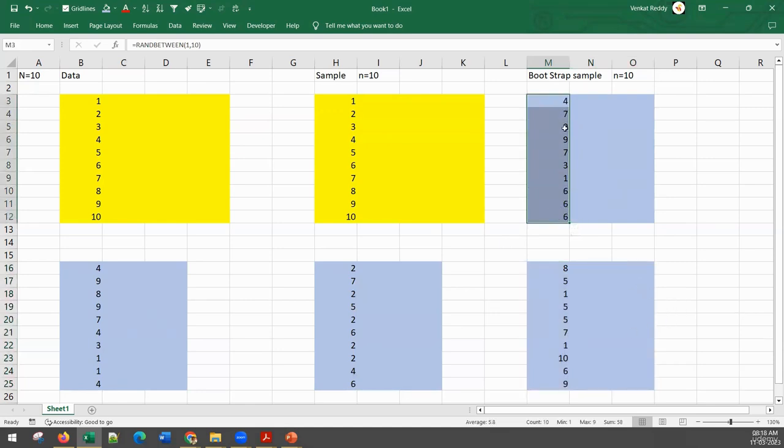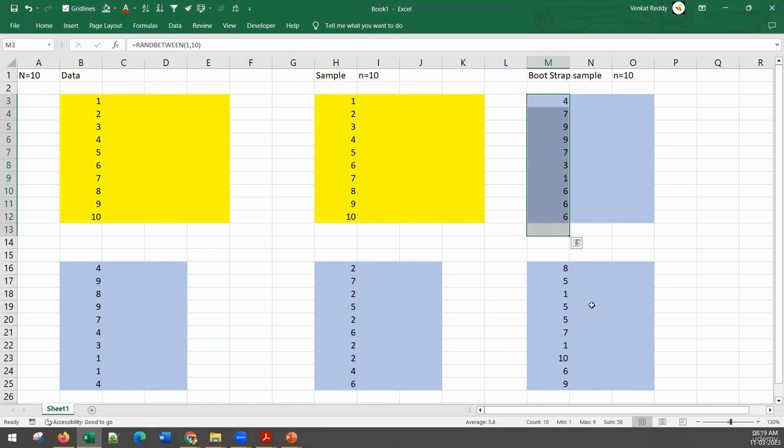Is it fair point if I say inside a bootstrap sample, there can be some records that are never picked up? If you go here, record number 2 was never picked up. But if you come here, record number 2 has been picked up multiple times. Inside a single bootstrap sample, there are some records that are repeated multiple times. If you go to a different bootstrap sample, the record that was missing here may be repeated multiple times. This is bootstrap sample 1, bag 1, bootstrap sample 2, bag 2, bag 3, bag 4.